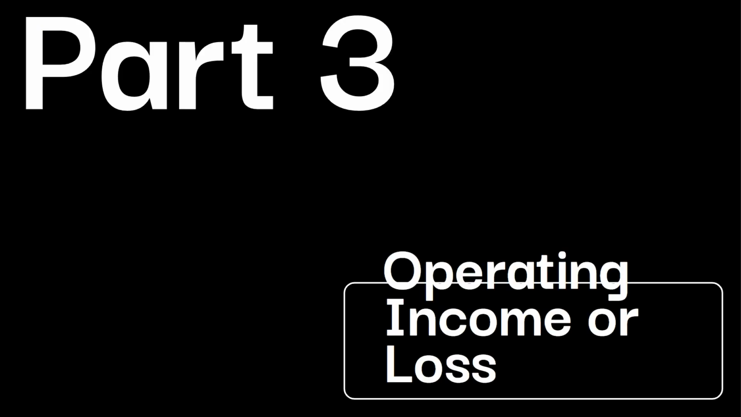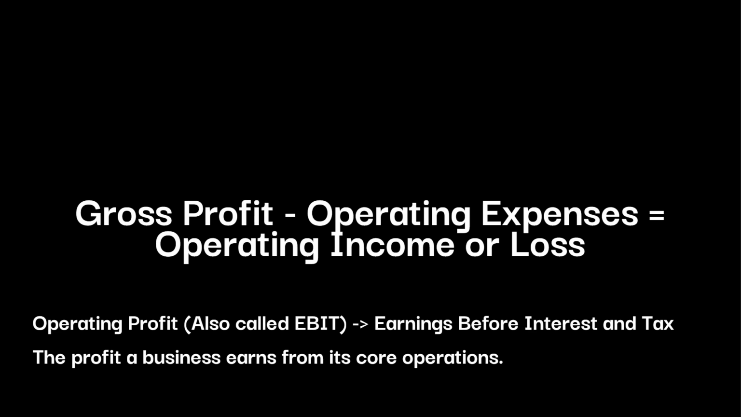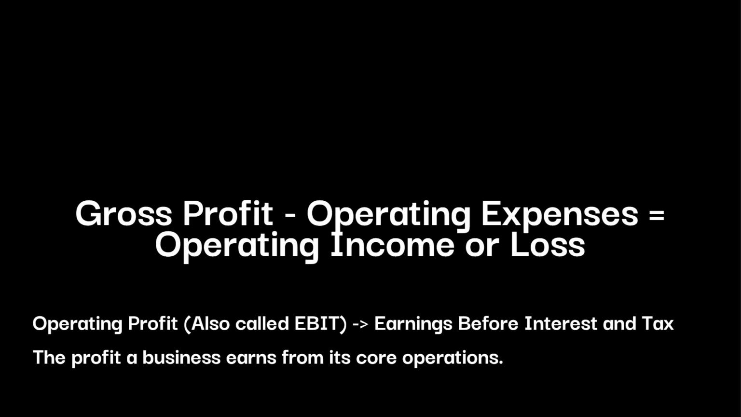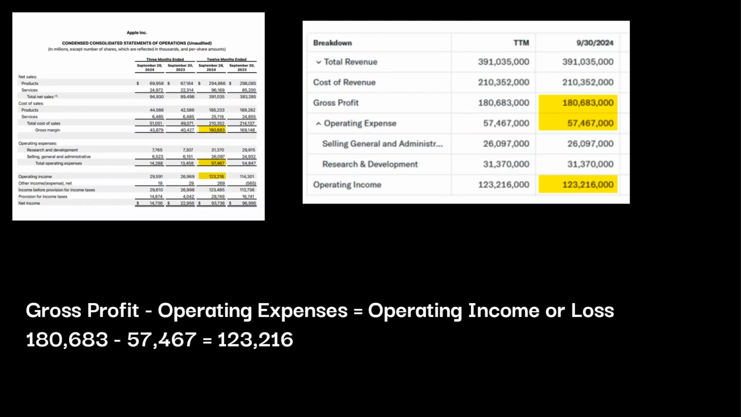All right, part three, which is going to be operating income or loss. So you take your gross profit, you minus your operating expenses. This is going to be your operating income or loss. This is also called earnings before interest and tax. And this is the profit a business earns from its core operations. So lower operating expenses leads to greater profit, right? If you go back over here, gross profit minus operating expenses. So pretty self-explanatory. On this side of things, right, we have 180,683. We subtract the cost for research and development as well as SG&A. And then you get the value of